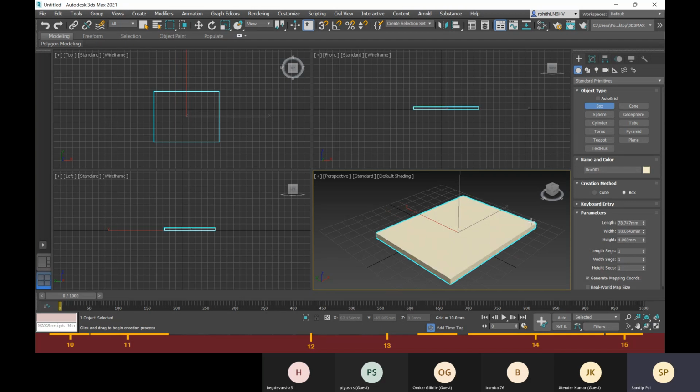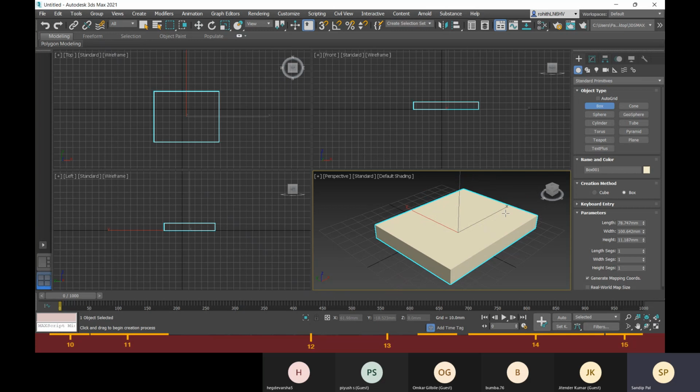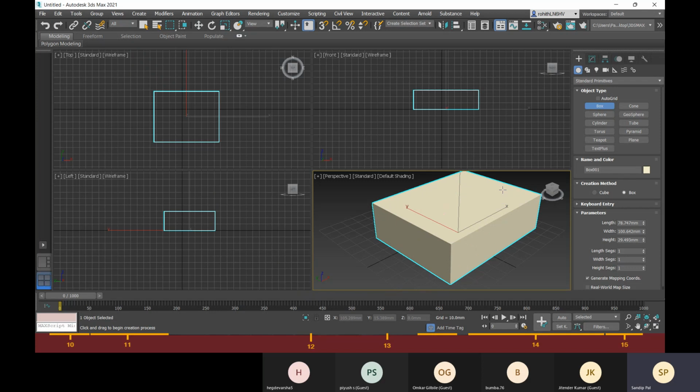Later you can change it, no worry about that. Then release your left click, and without any click, just drag your mouse upward. After deciding your height, click and your box is created.